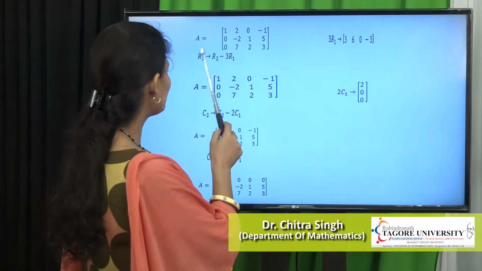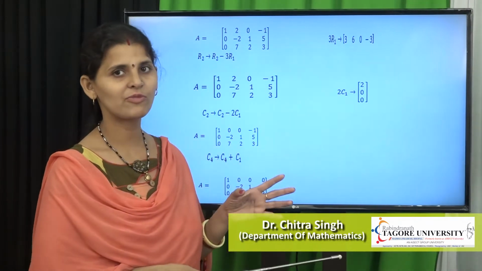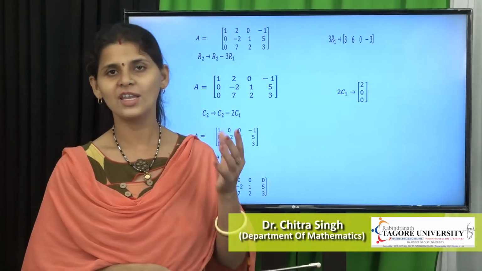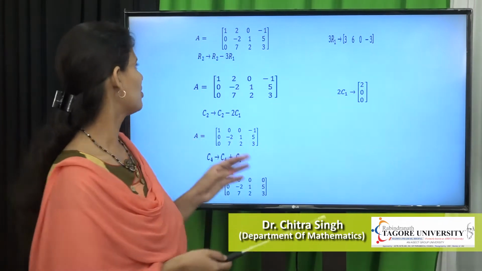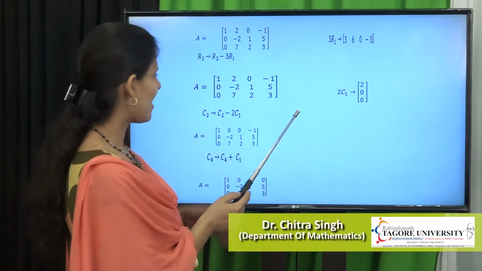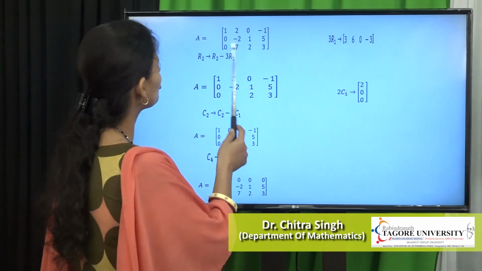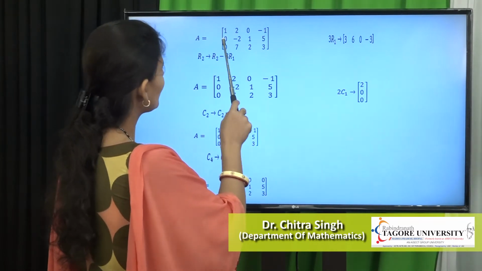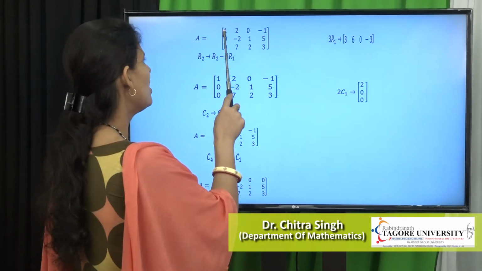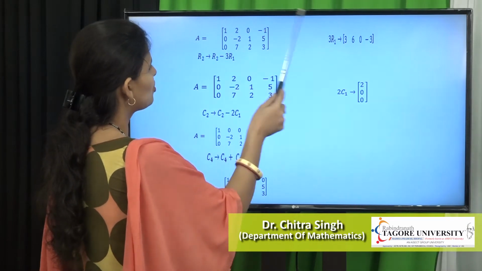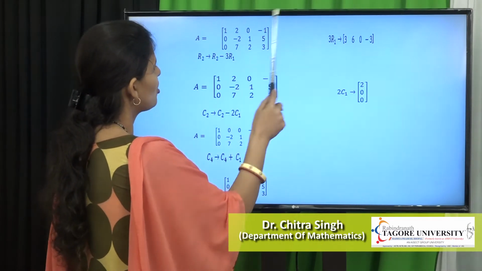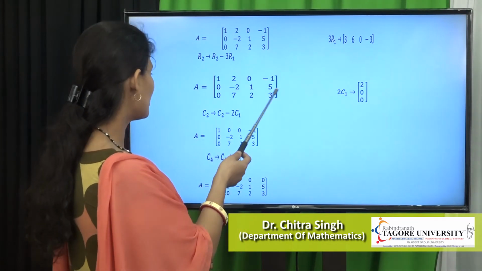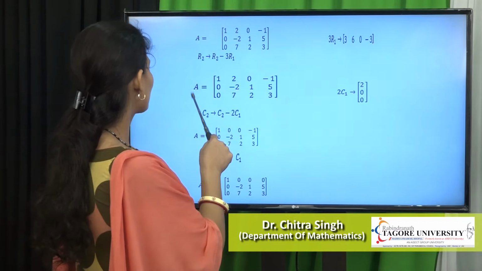Then, because you make a normal form of the matrix, your matrix elements are 0, only the diagonal elements we obtain are 1. So then you do the next process, R2 tends to R2 minus 3R1. The 3R1 matrix is here, you multiply R1 row by 3. So 3 into 1, 3, 3 into 2 is 6, 0 into 3 is 0, minus 1 into 3, minus 3. So you do R2 tends to R2 minus 3R1, so you make a matrix for A equals to 1,